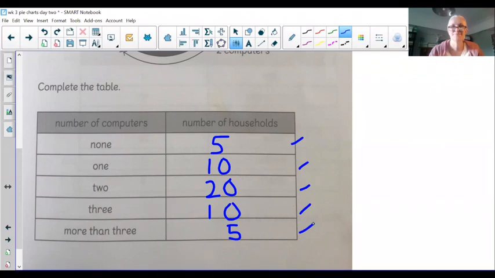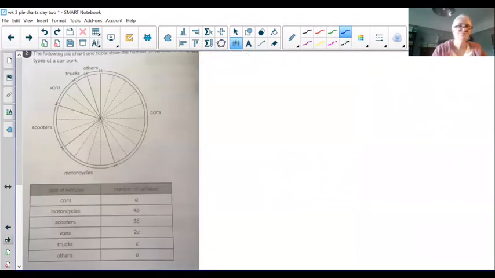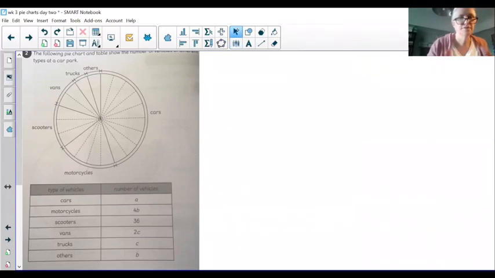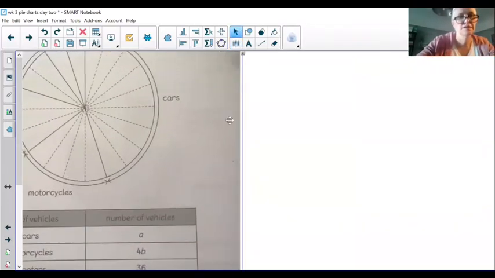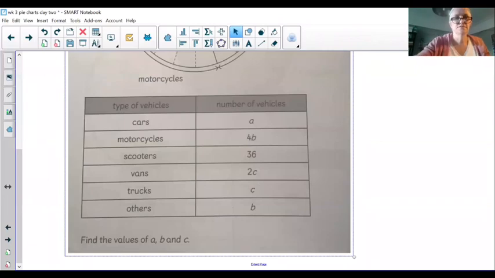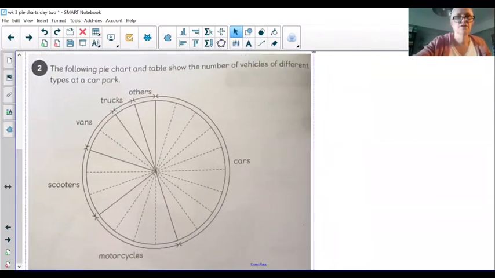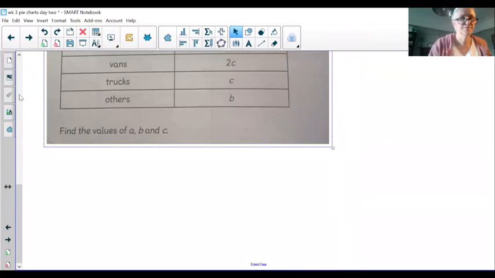Done. Okay, move on. Shall I make this one bigger as well? Let me just do that for you. So you've got the following pie